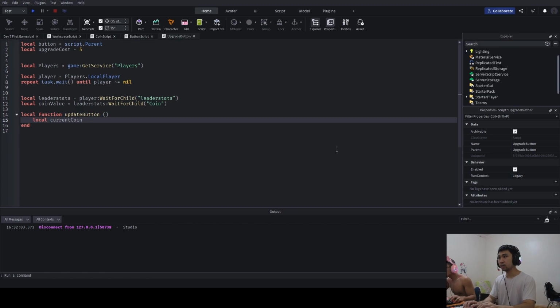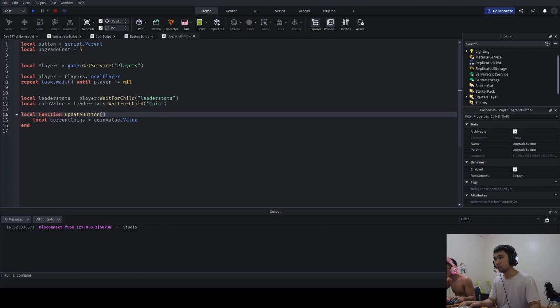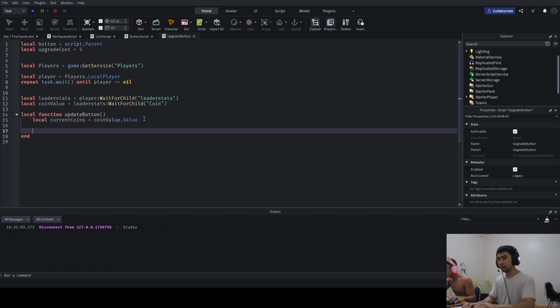Current coins, current coin value dot value, right? That should be true. And then if the coins are bigger or equal to upgrade cost, then it means that